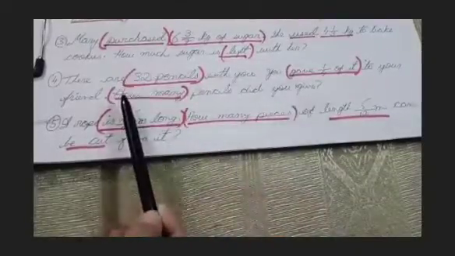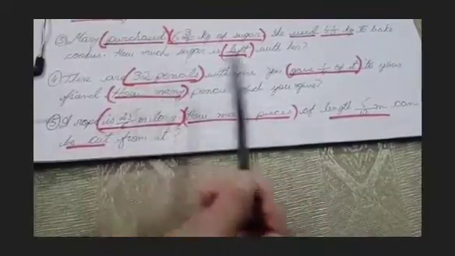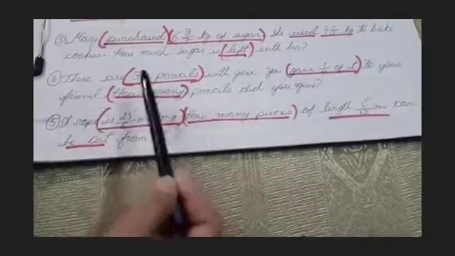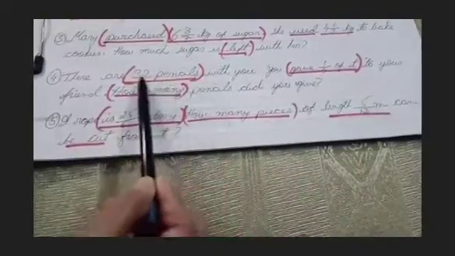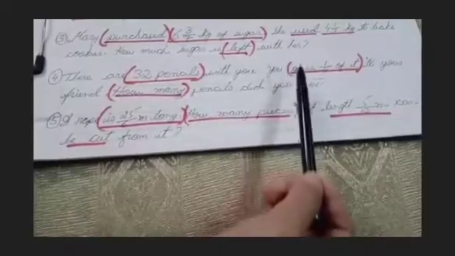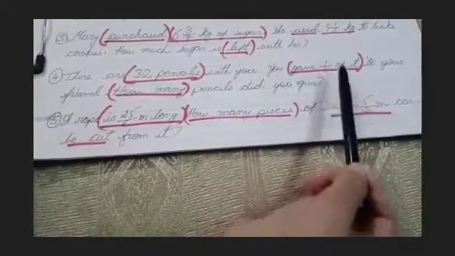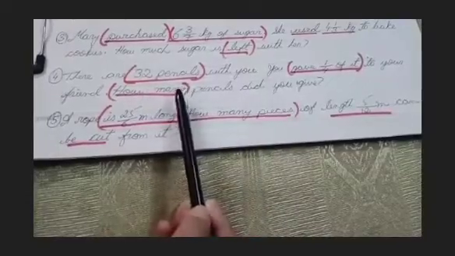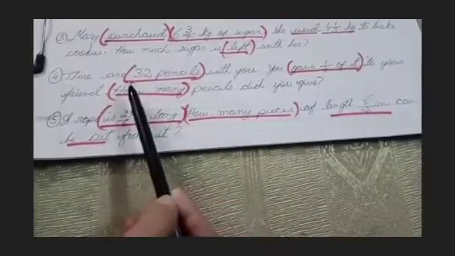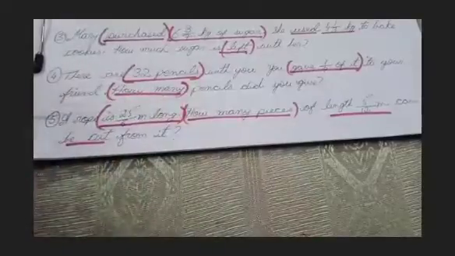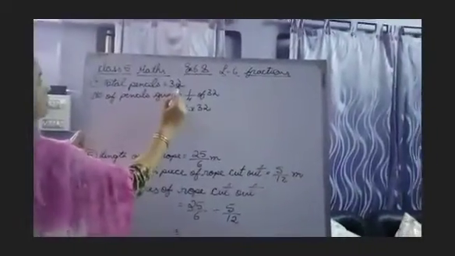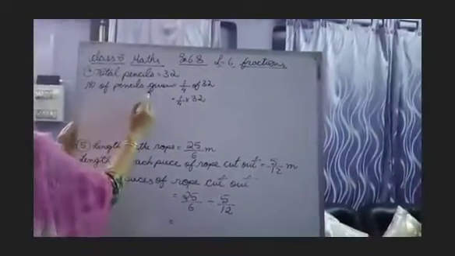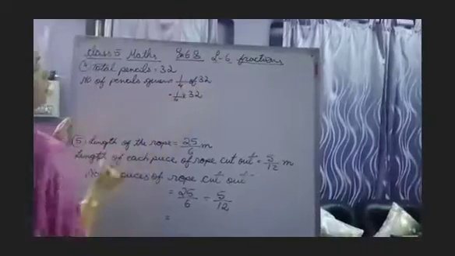So what will you have to do here? What is given in the question and what are they asking? The total pencils given are 32, and it is told that you gave 1/4 of it. So 1/4 of 32, and then we will get the answer, that is, the number of pencils that we gave to our friend. Let us proceed towards the board. Total pencils is equal to 32. Number of pencils given is 1/4 of 32.